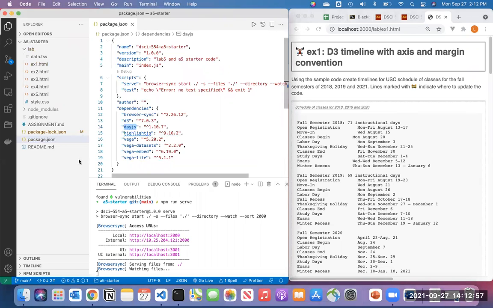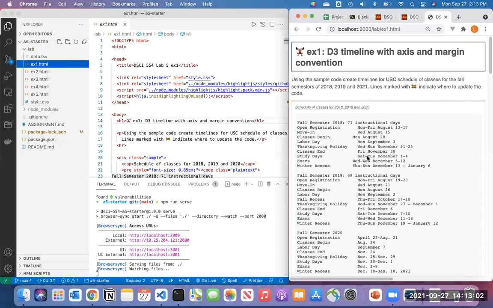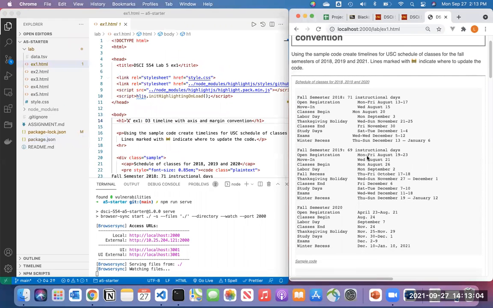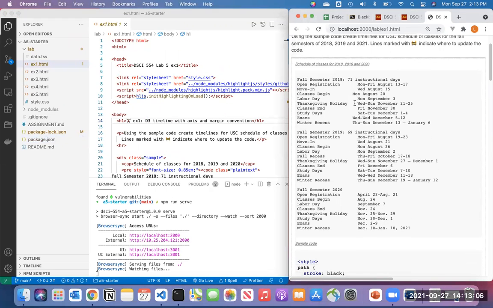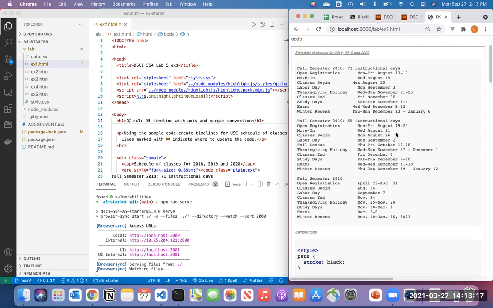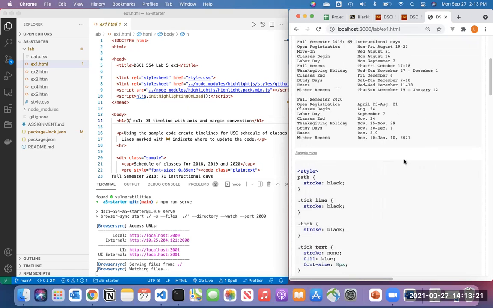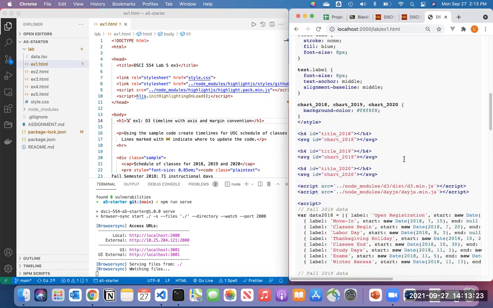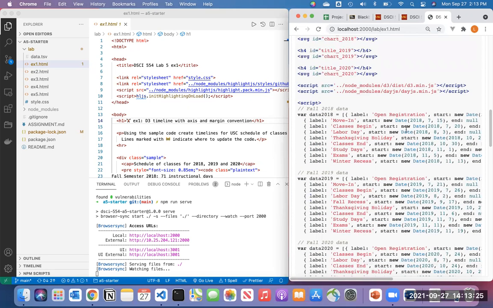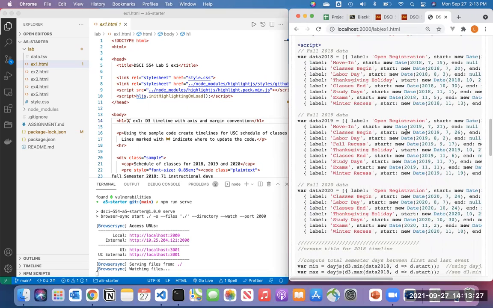So I picked this one because it's easier. And the exercise here is very simple. We have some schedules for the fall classes for the past 3 years. Actually, looking back 1 year before this one. And you have code to basically do a timeline with this data that is here